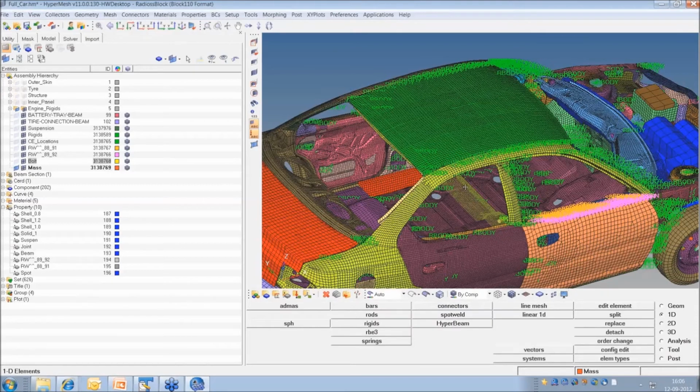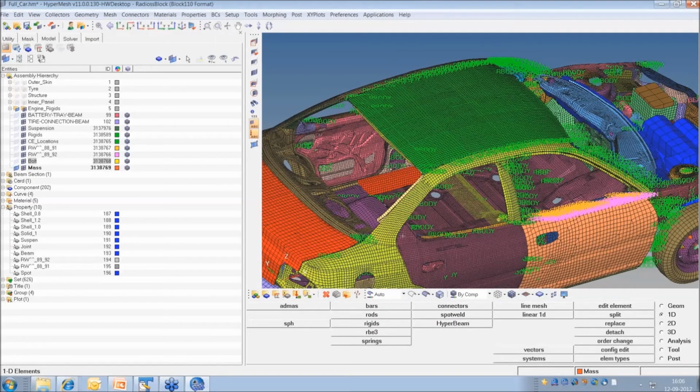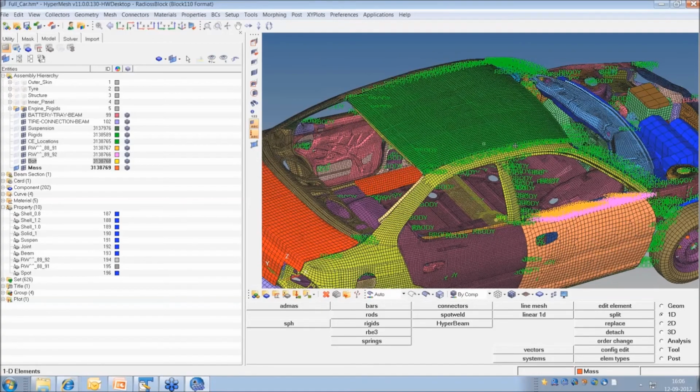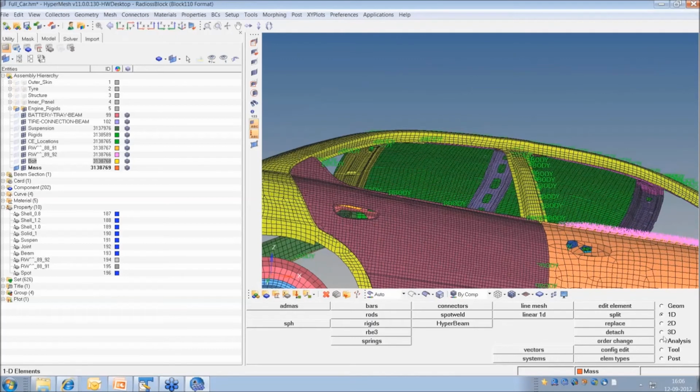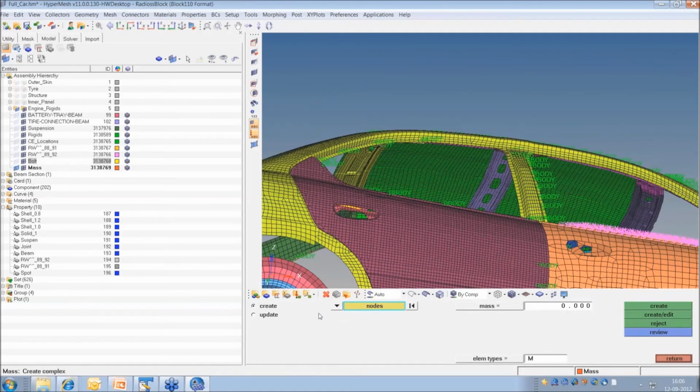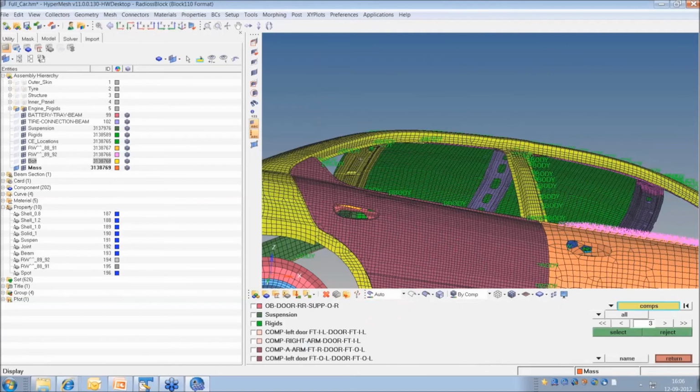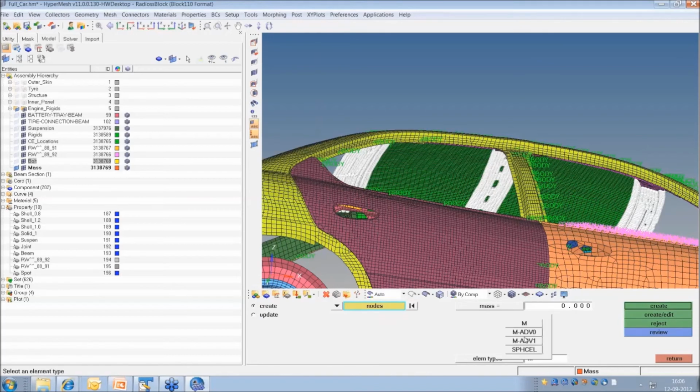So now I am just applying mass on this entire roof panel. Maybe I will apply it on the inner panels. So 1D, add mass. Nodes by collector, 1, 2, 3, select. Here there are some options. If I go with the first option, M add mass V0, then whatever value I specify here, the same amount of mass will be applied on all the nodes. Normally that will not be our case. We want to distribute it.